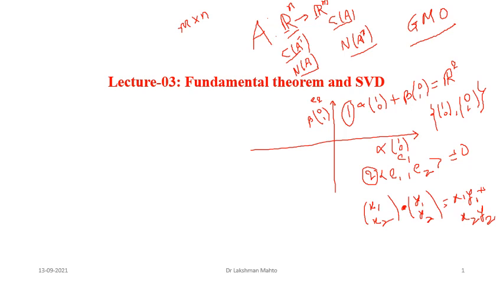And who is providing that? Singular value decomposition is providing that. So one approach is Gram-Schmidt orthogonalization, and it is very complicated when the dimension is very high. But another technique is SVD, singular value decomposition. It looks very interesting and is easy to find. Singular value decomposition takes an idea.